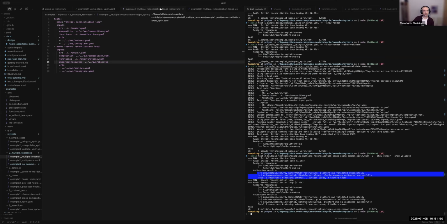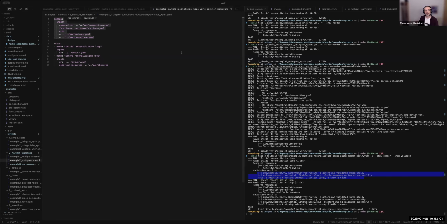The next example is the same as before, the same functionality. The difference is that I want to introduce this common block here, to avoid some duplication on the inputs between the tests. We can define them in this common block, and they would be applying to all the test cases. If it is defined also in a test case, then the test case gets priority. So if we define here functions and it is different than this one, then what we have in the test case takes priority. I'm not going to run it, it's the same output.